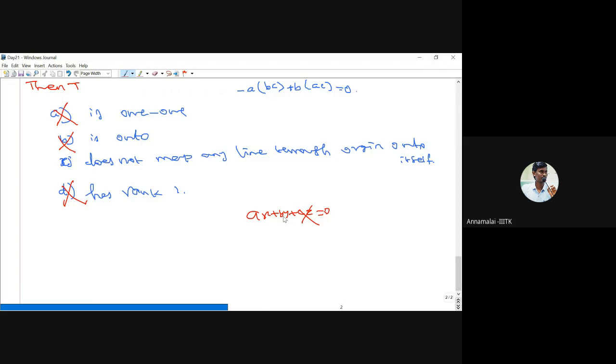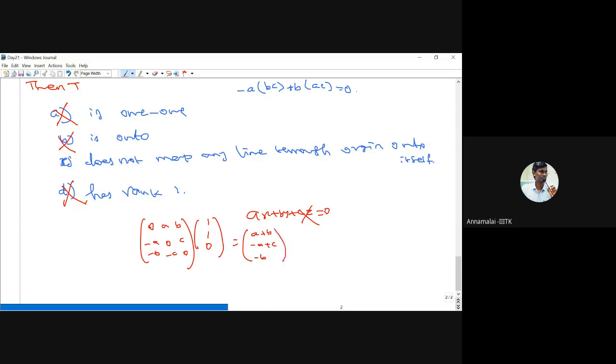So if you take any point, suppose I take a value equal to 1, b value equal to 1, and some c value. Now apply this matrix: 0, a, b; minus a, minus b, 0; c, minus c, 0. So what is the product? It should be a plus b, then minus a plus c, and this one is minus b.